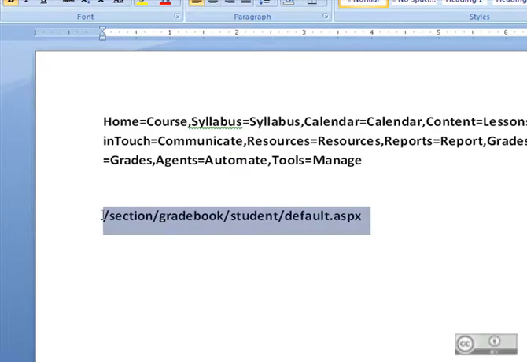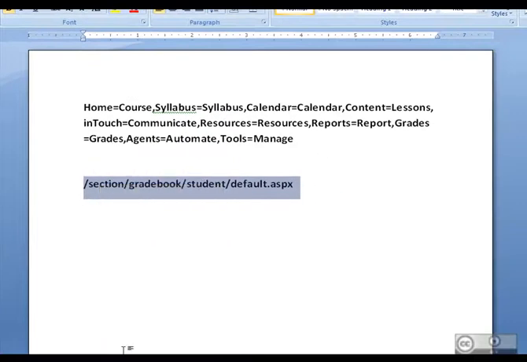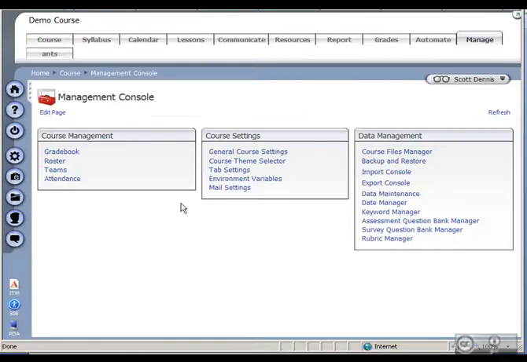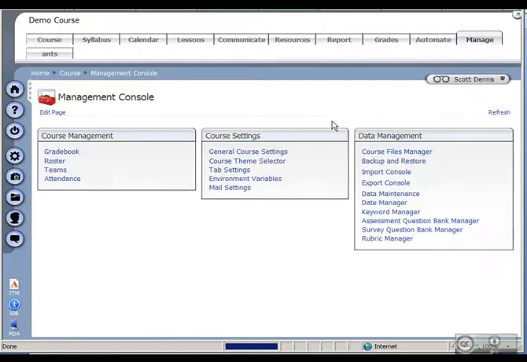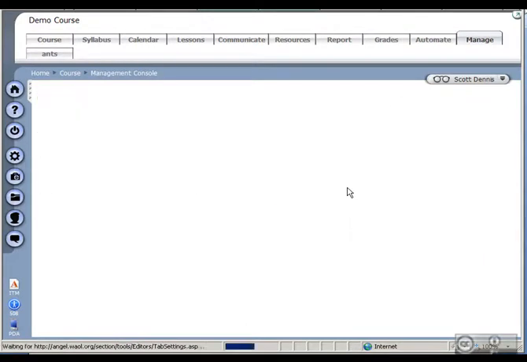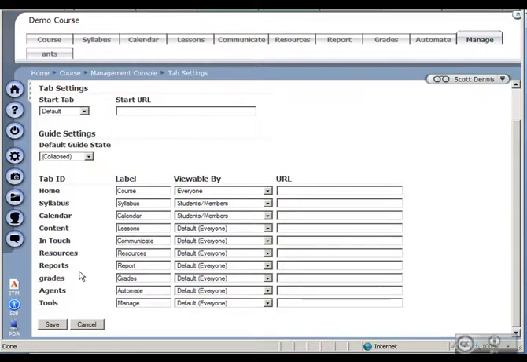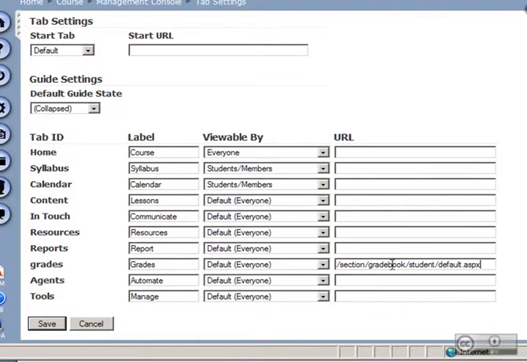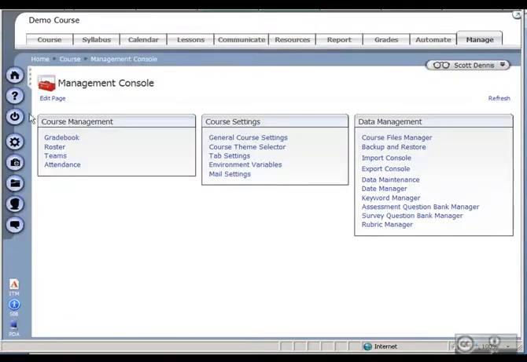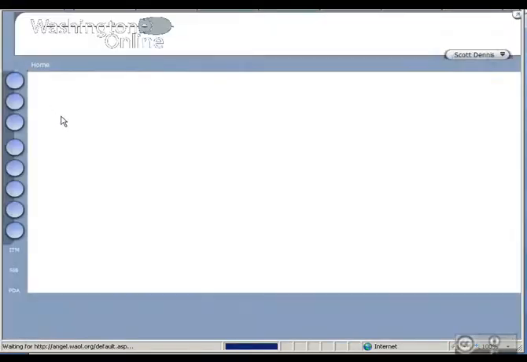So let me copy that value, and I'm going to go back to Angel, and just to double check, we look and see it grades, and it's a broken link. So I'm going to go to the Manage tab and go to Tab Settings, and where it says Grades, I'm going to give it a URL or a web link to point to, and I'll give it that section/gradebook/students/default.aspx and hit Save. Now, just to be on the safe side, I'm going to get out of my course and go back into it again,